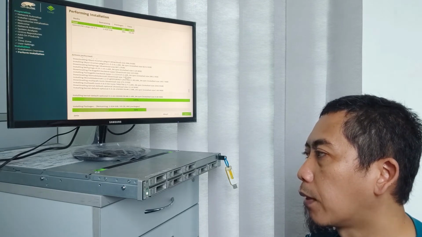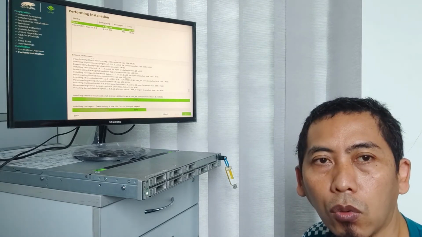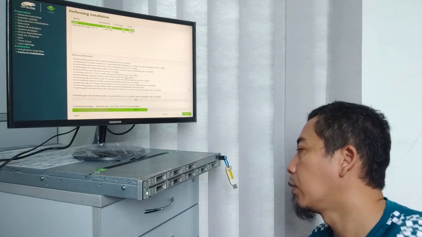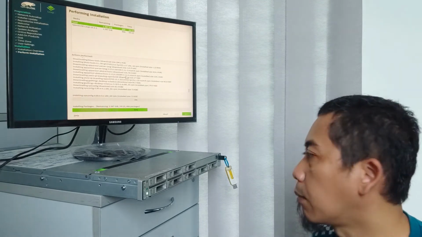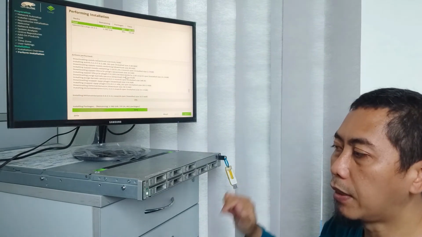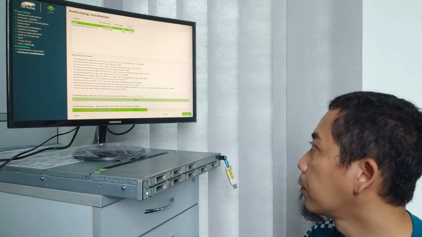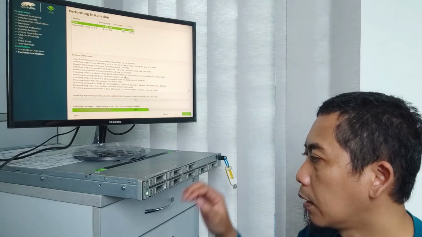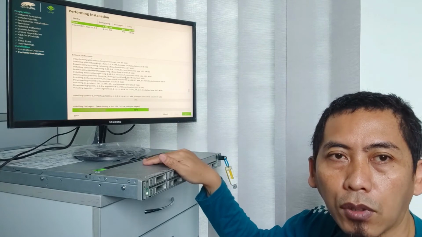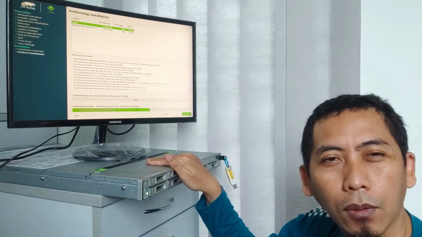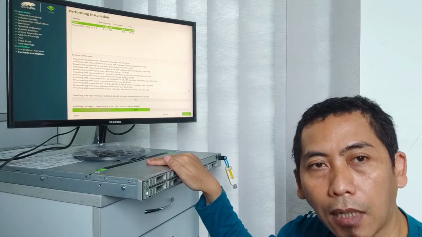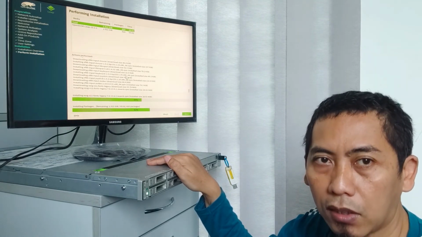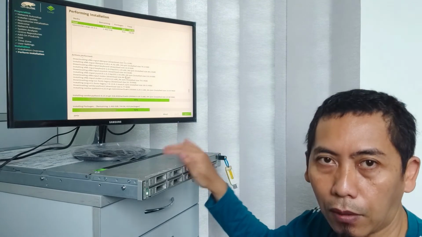I also bought the server. It's not about the newest technology because this is old, but because it is Sun Microsystem that I bought this server. I bought it in Indonesia, from a store. If you look on the marketplace, Sun Microsystem servers are not common.